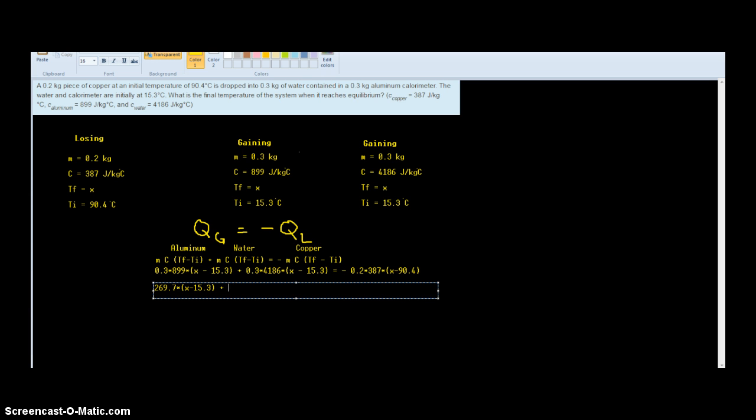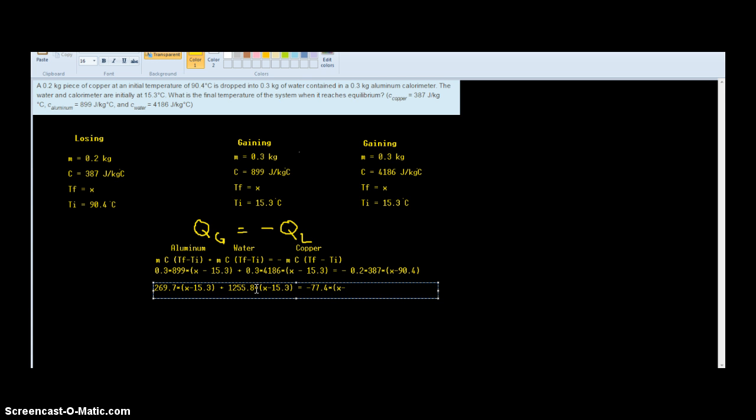By taking 0.3 times 4,186, I end up with 1,255.8, still having that same quantity in the middle, equals, again, watch your minus sign. If you're going to screw anything up, you're going to forget the minus sign. 0.2 times 387 yields negative 77.4